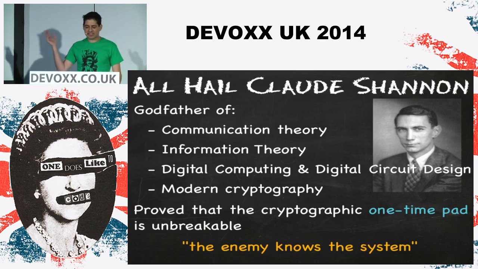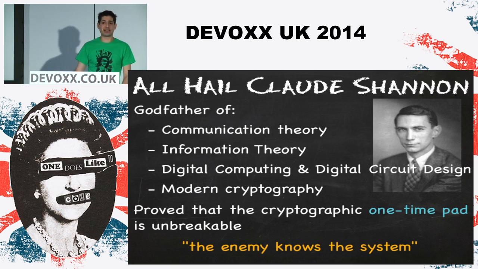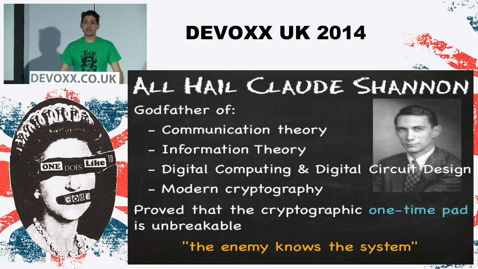He's also famous for this little saying, the enemy knows the system, which basically means that for a lot of these things, the mathematical theory is out there. OpenSSL, for example, the source code is there for you to go and look at. We would be in serious trouble if just by looking at the source code of OpenSSL, you could work out how to decrypt your private messages. You're ignoring the fact that OpenSSL has bugs in it. If it was perfectly secure, looking at the source code should not allow you to compromise the system in any way.